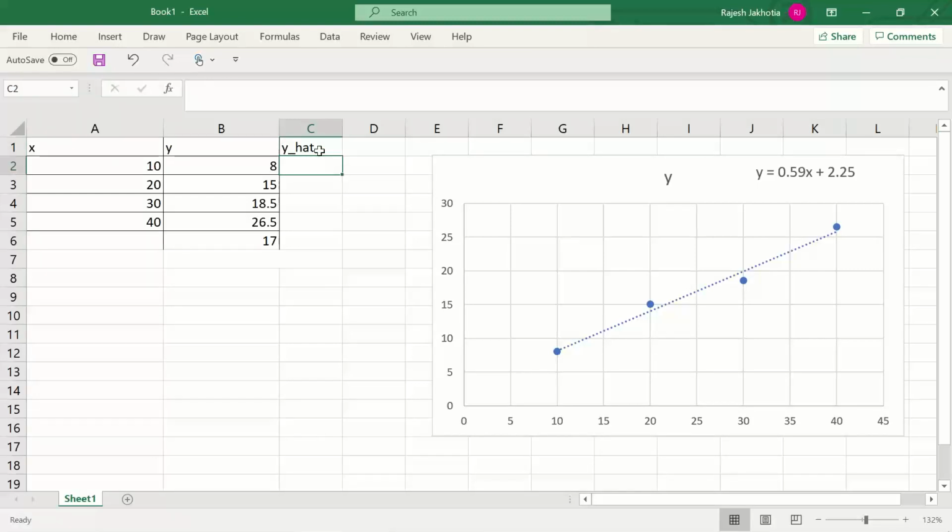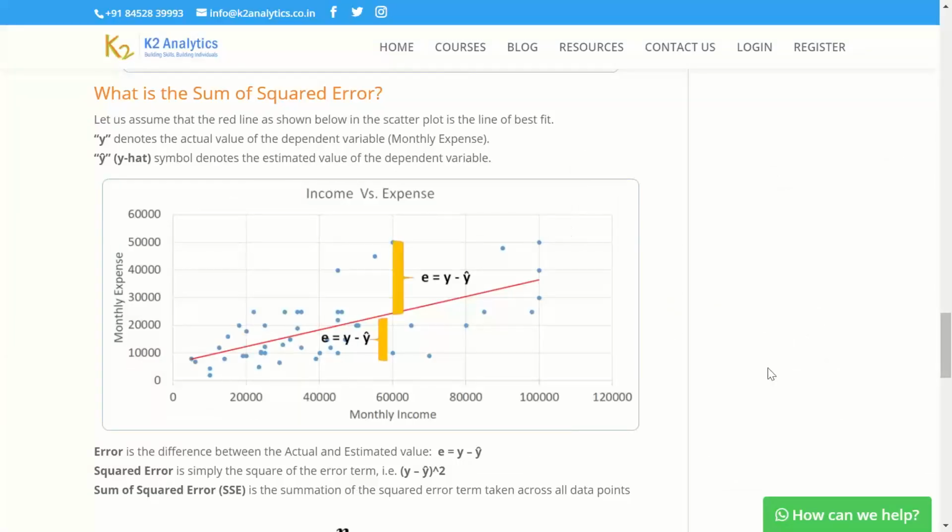So each dot is actually my y, and the predicted values are my y cap.